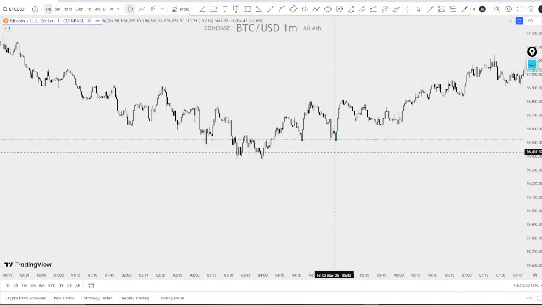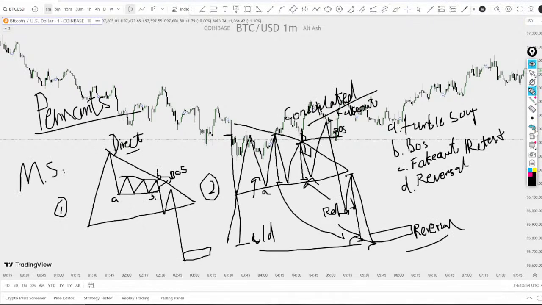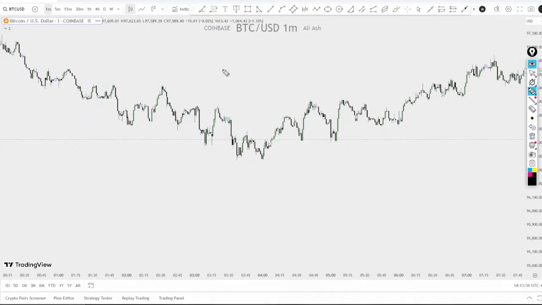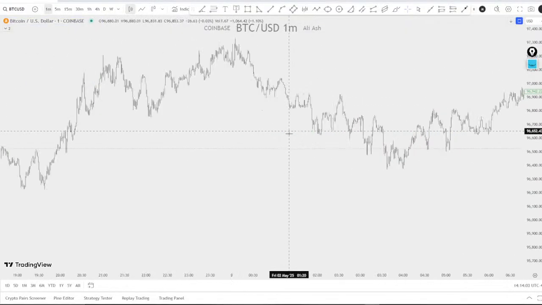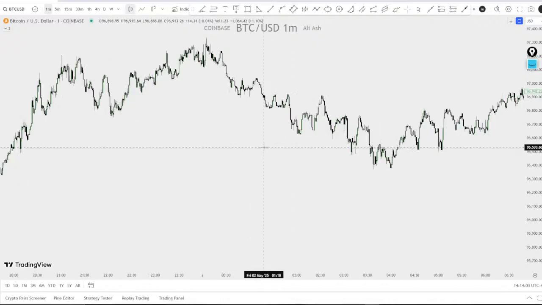Okay, we good. So now we have to find the pennants. So how to spot a pennant? Pennants can be found in any time frame. It doesn't matter what time frame you are using, you can find it on a 1 hour time frame, and you can find it also on daily time frame. Normally these don't come in a daily time frame, but usually you will see them on a 1 hour or 30 minutes time frame. You can also use 1 hour, 1 minute chart as well to find these out.